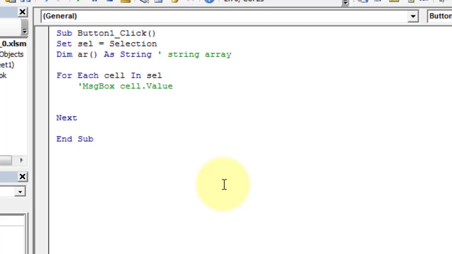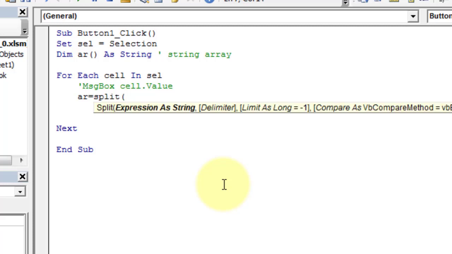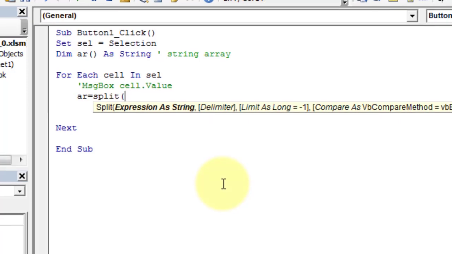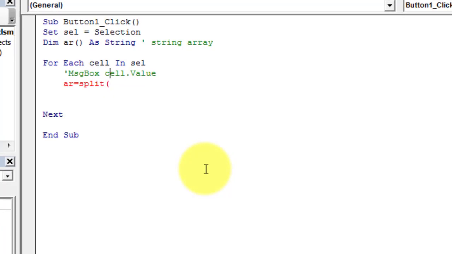I need it. Why? I'll tell you why. It's because whenever we get the value, I'm going to split the value over here. For that, AR is equal to, we don't want to mention the dimension, Split. Split is the VBA function that will split it according to the cell value. Or before that, what I'm going to do, just before this, I'm going to create the